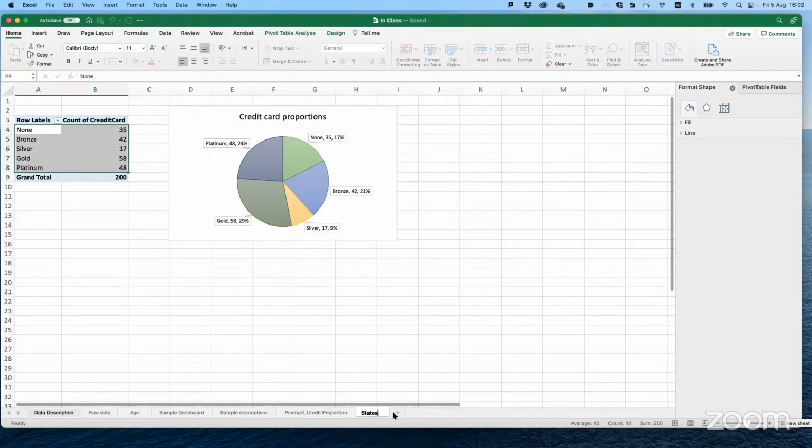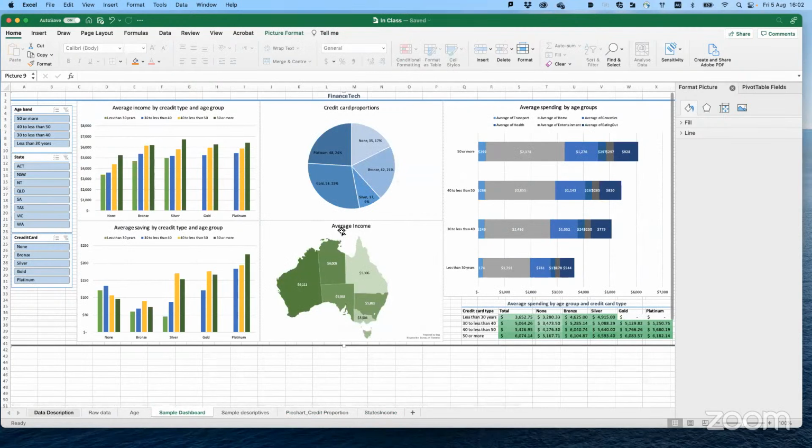What I want to have for the states, I can put income, states income. I decided I want to have income. So you can have anything, average income of different states. You can have average spending, average card holders, or whatever you decide. It depends on what you want.